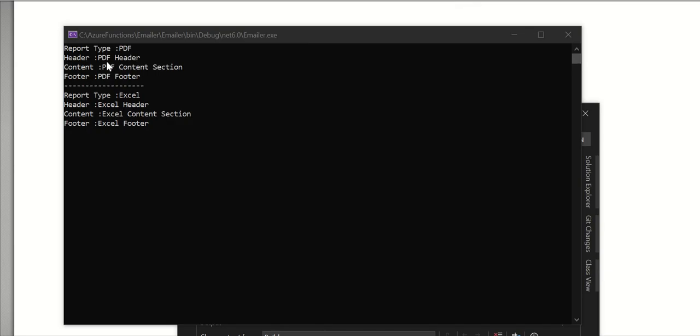So as you can very easily see the process, first I set the type, then constructed the part header, then constructed the part content, then constructed the part footer, and eventually I ended up creating my complete PDF report. Same way for the report type of Excel also. Okay,